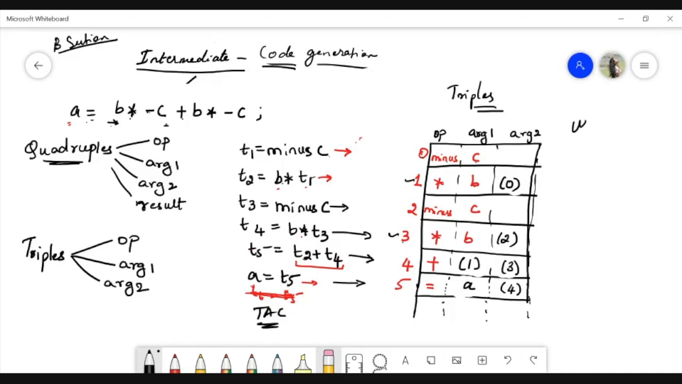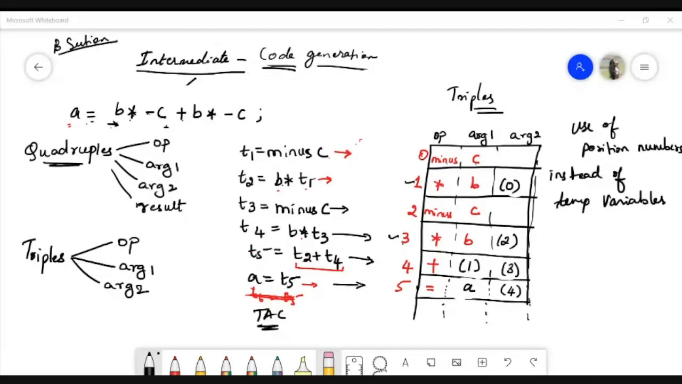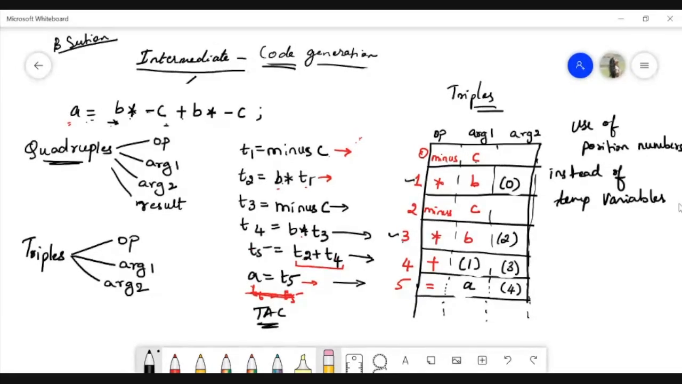Any doubts? Use of position numbers, instead of temporaries. Is it clear? Okay. So from the 3 address code, we have seen how to write the quadruples and the triples. Quadruples have one more extra field for the result, wherein we store the temporaries of each 3 address code instruction. But in triples, instead of storing the temporaries,